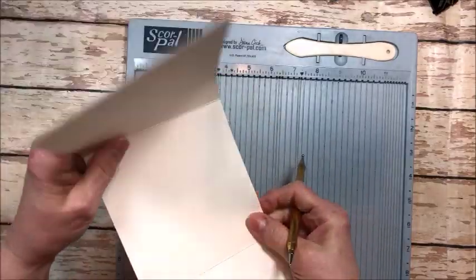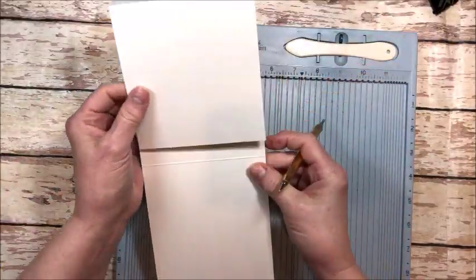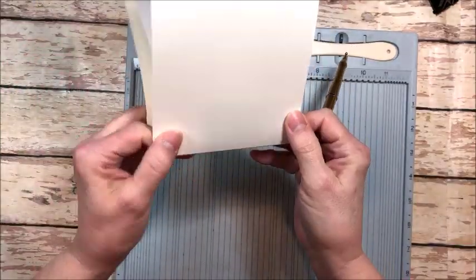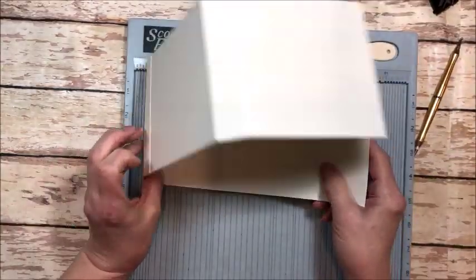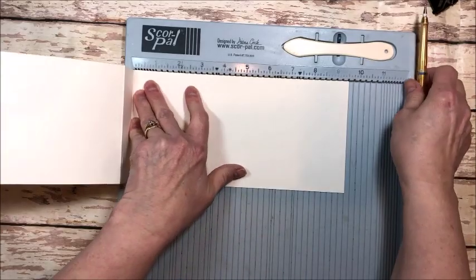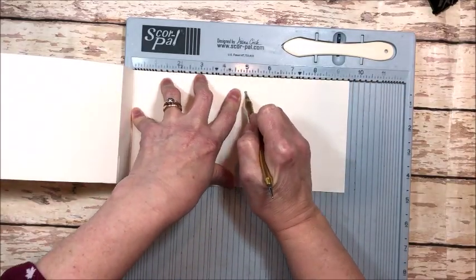So you can see how this is coming together, right? This is going to be the cover, and then this is going to fold like this. So now we're going to put this fold. We're just going to keep folding and putting in the corner and folding and putting in the corner. So 5,